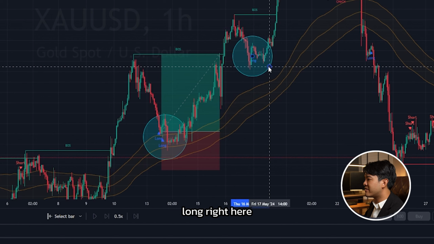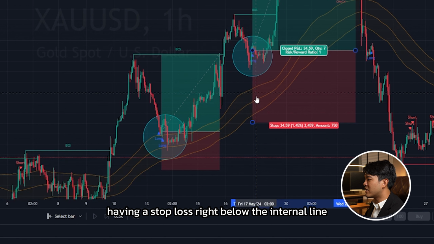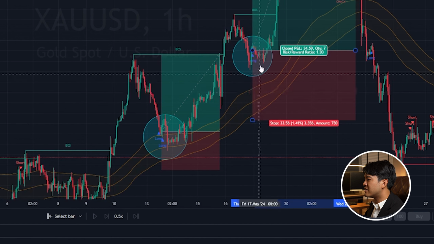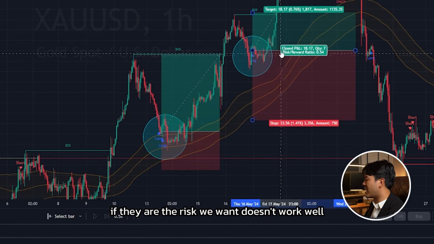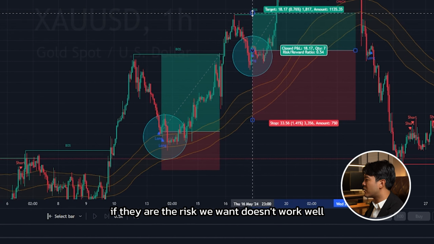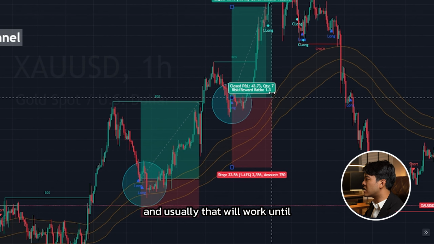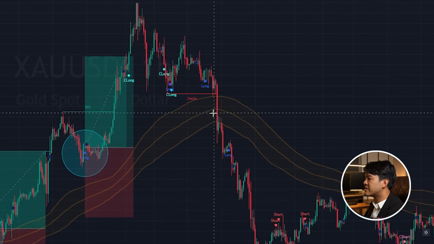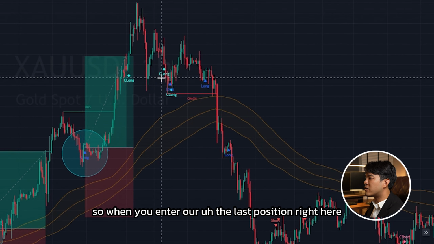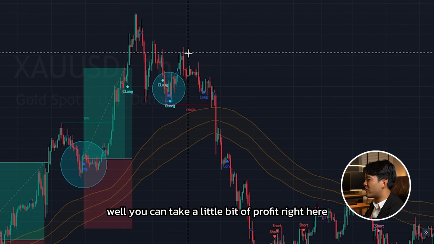Long right here, having a stop loss right below the EF tunnel line, going to previous high at least. But if the risk reward doesn't work, well, we can just go for 1-to-1. And usually that will work until it's starting to change its character. So when you enter the last position right here, well, you can take a little bit of profit right here,